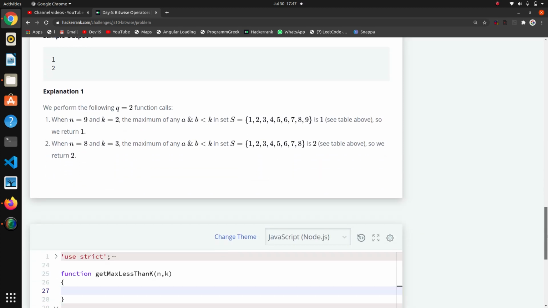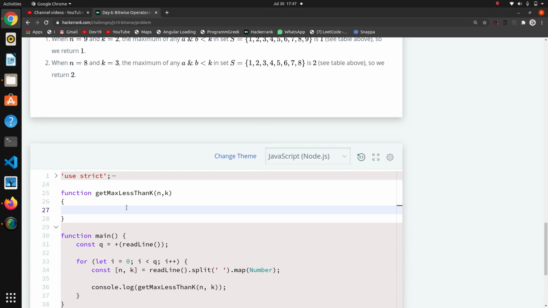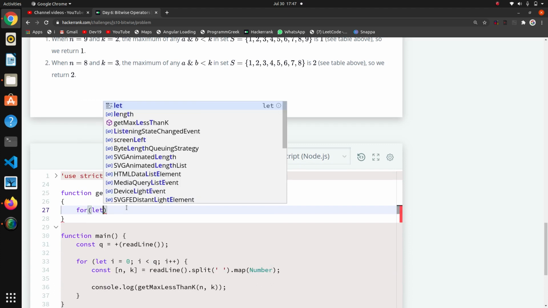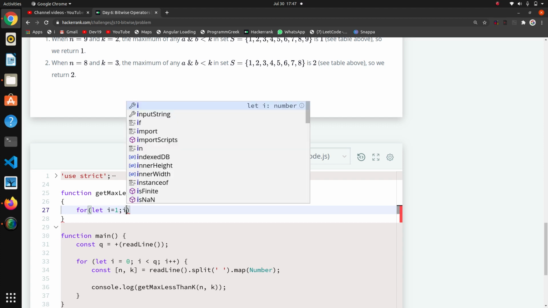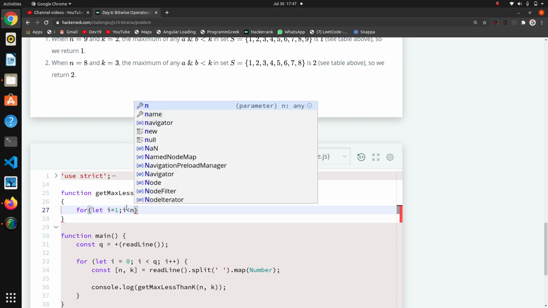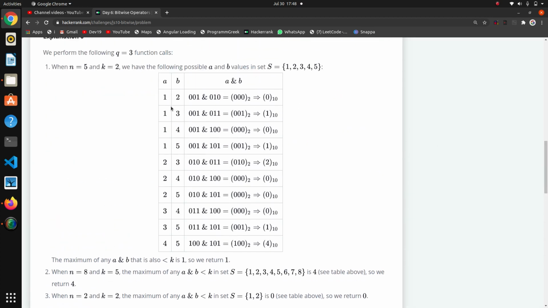So we have to write a loop: for let i is equal to 1, because our numbers are starting from 1, i less than n. We have to iterate this i. We have to write two loops, one loop for all these possible a, and a second loop for b. So first of all we will write for a.